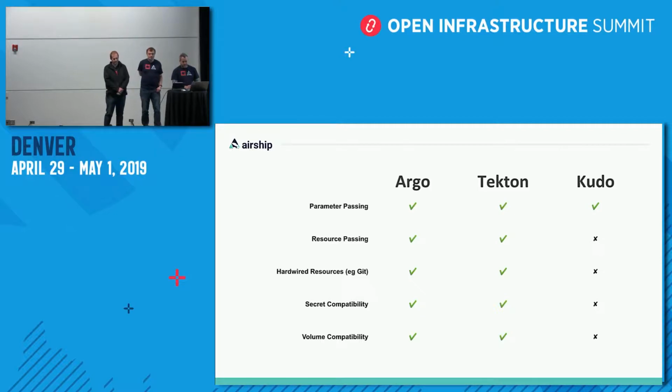Secrets compatibility was the ability to interact with Kubernetes secrets, which provides value in that we can leverage these secrets that are created either by our workflows or from other aspects of our infrastructure lifecycle. Using the previous S3 example, a workflow could install a Helm chart that includes a template for a secret that defines an S3 user and their associated access and secret keys. The idea being that a workflow could then consume that secret to bootstrap the user in S3 and link the secret and access keys to that user's UUID. Once again, Argo and Tekton check the secret compatibility box, while Kudo does not.